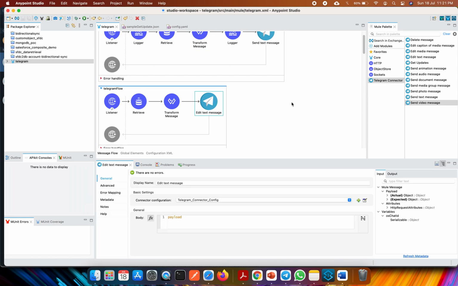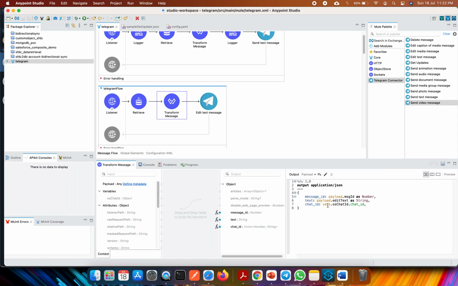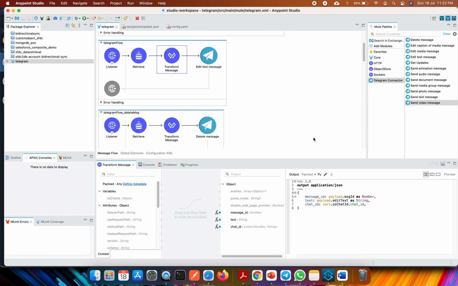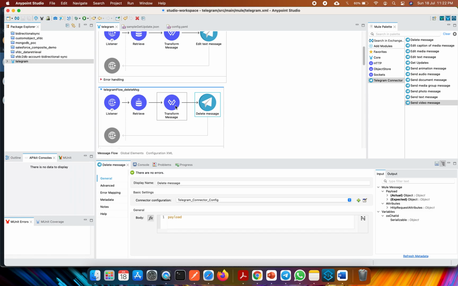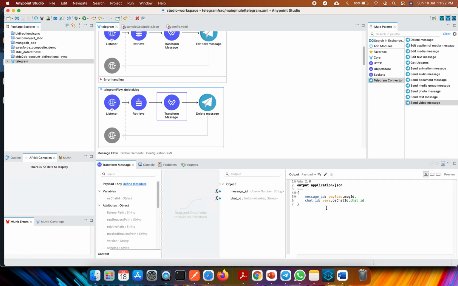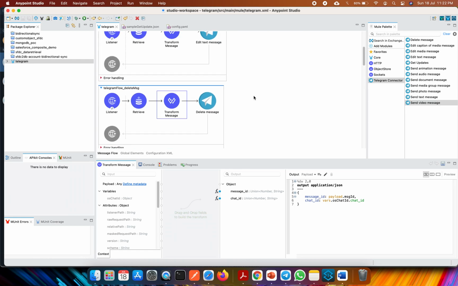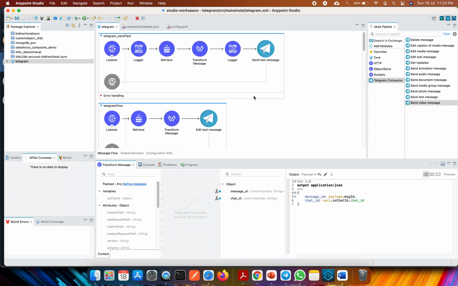Quite similarly, you just drag and drop the edit text message, and in the transform message the message ID of the previously sent message will be specified, just to make the correlation, and you can specify the new text message, and the chat ID will remain the same. Related to this, there is a delete message as well, and to delete a message we need the message ID again along with the chat ID. So first I am going to discuss these three flows, and let's see how it goes further.